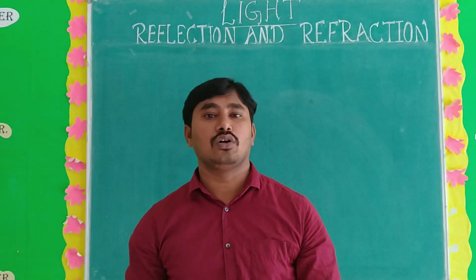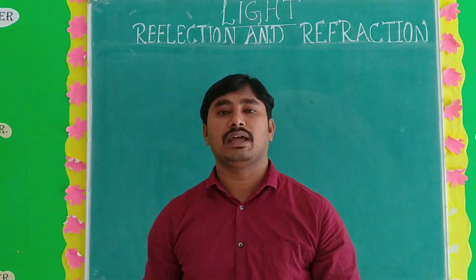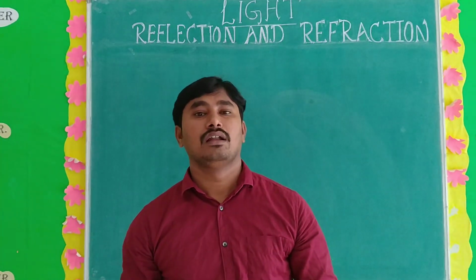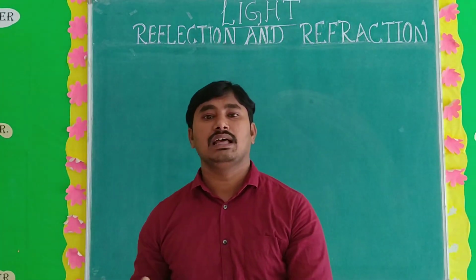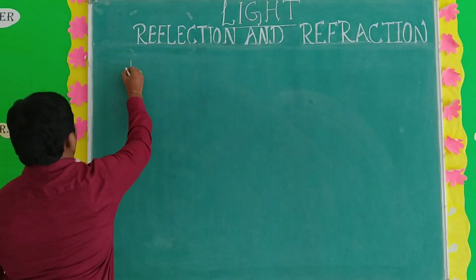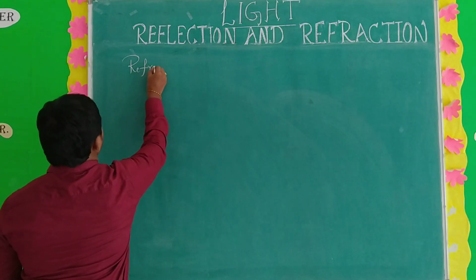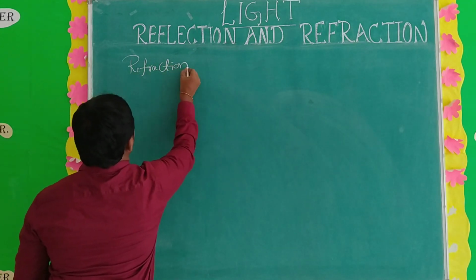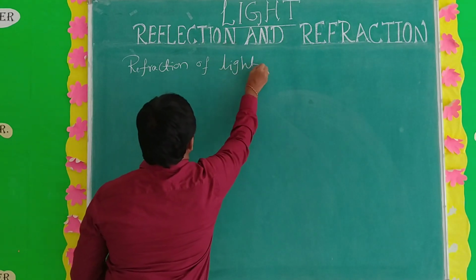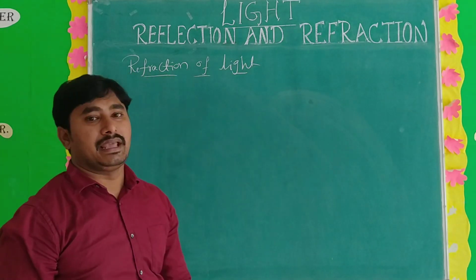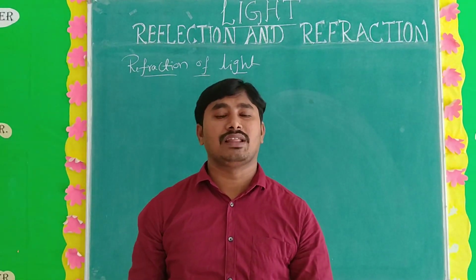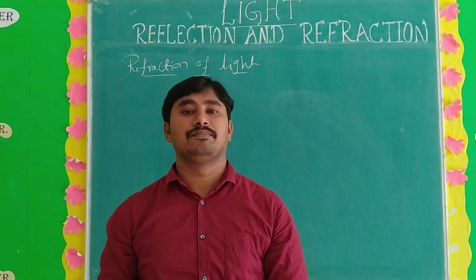The cause of all these conditions is the third property of light, refraction of light. What is the property? Refraction of light. Okay. Now we have to discuss what is refraction of light. So the topic name is refraction of light. What is meant by refraction of light? Refraction and reflection. You know very well what the difference is between refraction and reflection.